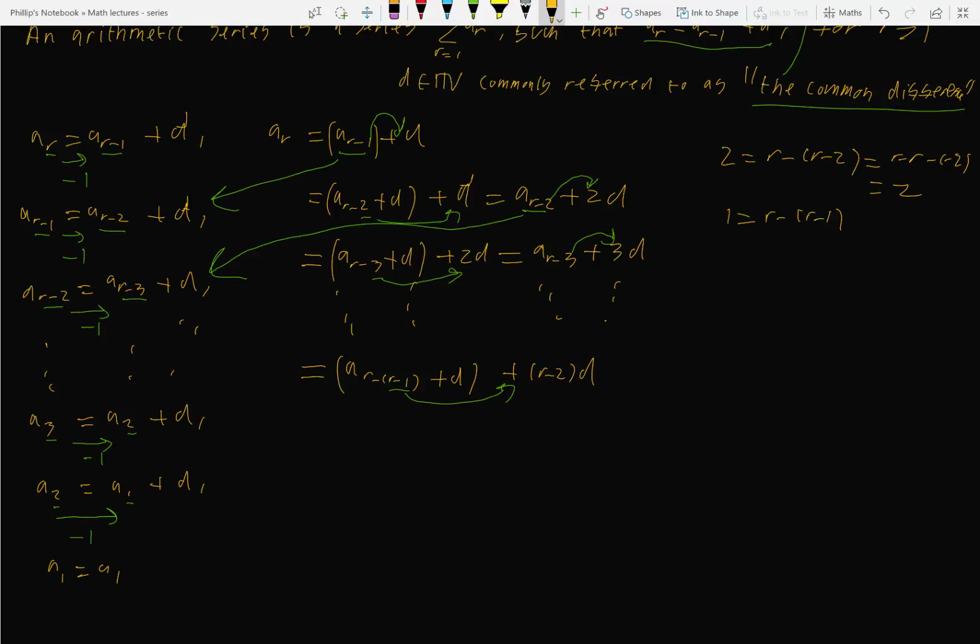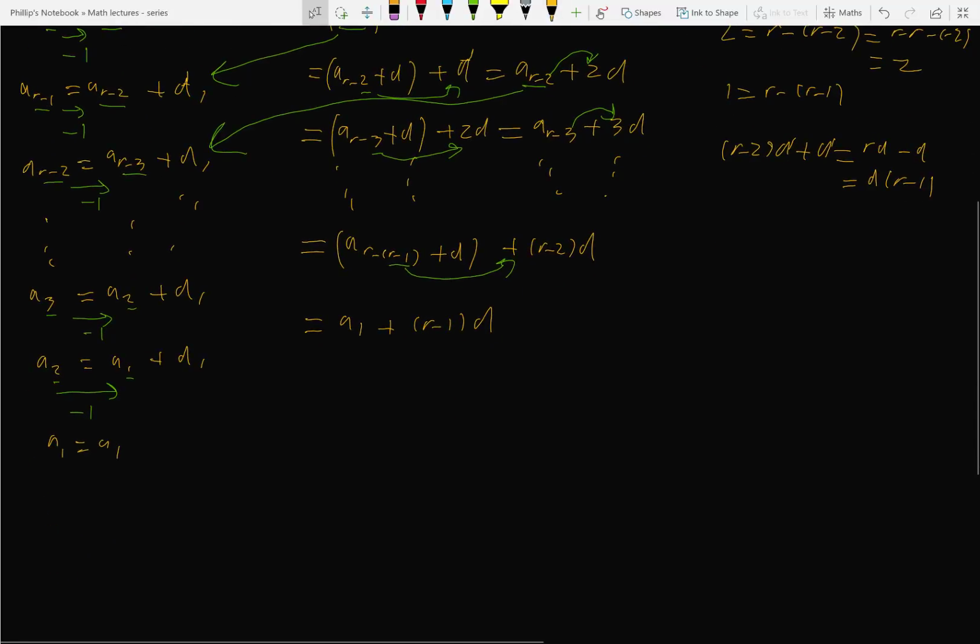And then that is obviously going to be equal to A1 plus, so R minus 2D plus D, so R minus 2D plus D is equal to RD, right, minus 2D plus 1D, so minus D is equal to D times R minus 1, so plus R minus 1D. So essentially to summarise what we've got